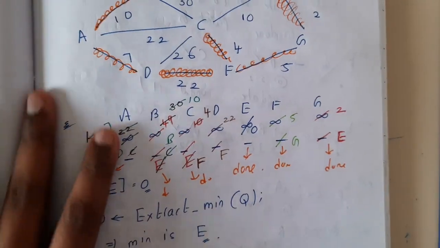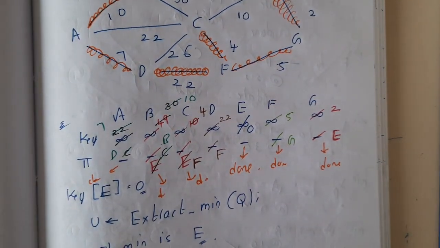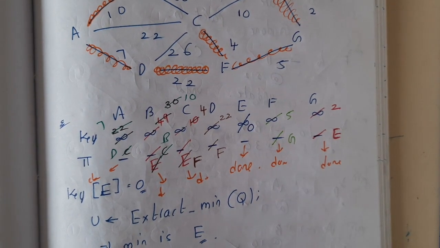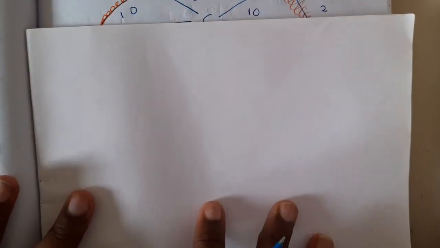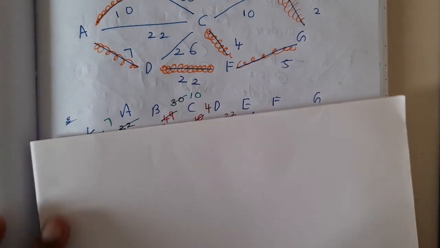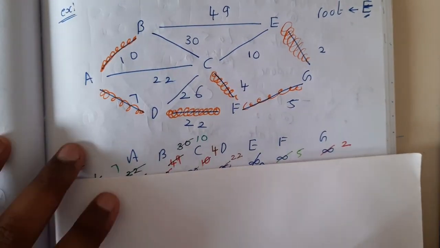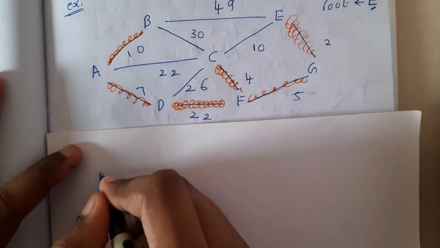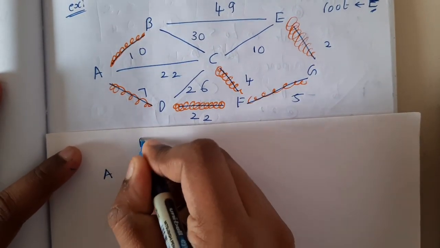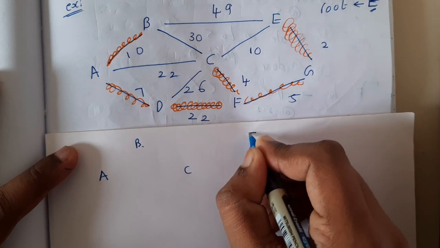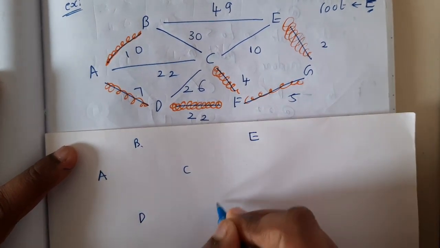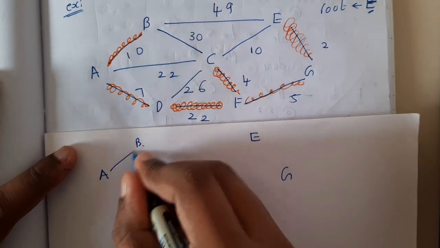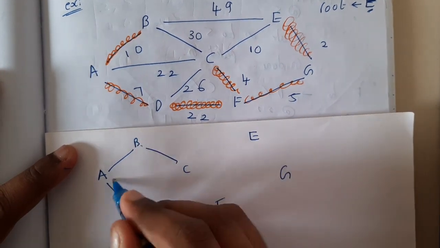Okay, so let us take a small example here. Just give me a second, guys. I'll be taking a piece of paper. Okay, so here is our question. Assume this is our question and the starting point we will be assuming as C, guys. So A, B, C, D, E, F, G. I'm just connecting them as per the diagram.